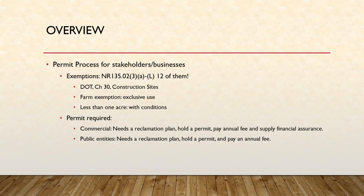So then when we take a look at the site qualifying potentially as a non-metallic mine, we have to take a look at whether or not exemptions exist for that activity. When you take a look at NR 135, you'll see there's a grand total of 12 exemptions listed. They can be broadly categorized into various activities involving DOT projects and Chapter 30 based regulations as well as construction sites. The reason why they have those exemptions for those activities has to do with the fact that they are regulated under different